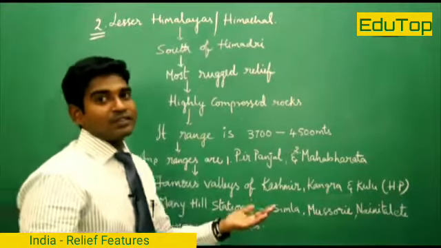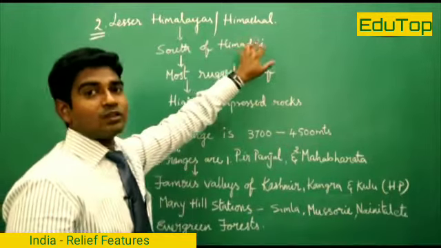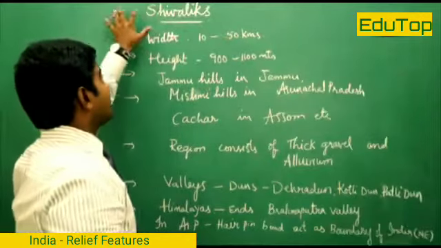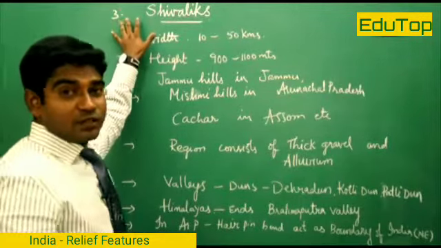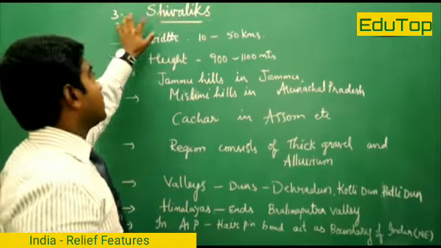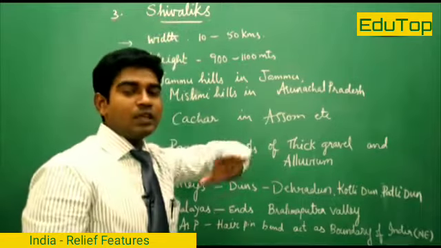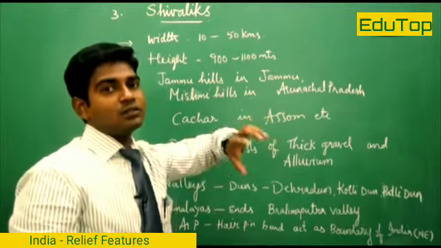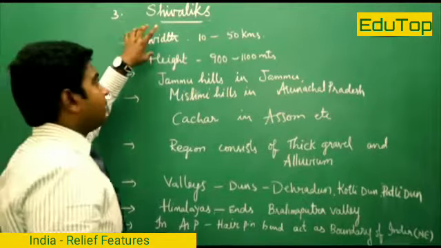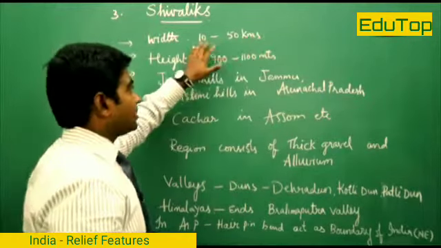Now in the next part we will discuss the region to the south of the Lesser Himalayas, or the Himachal region. Towards the south of the second division of the Himalayas, the Lesser Himalayas, let us go to the third division of the Himalayas, that is Shivaliks. The Shivaliks are completely down and very close to the normal region of the Indo-Gangetic plain. Now the width automatically comes down. The width of the Shivalik range is 10 to 50 kilometers. It is not completely 50 kilometers.